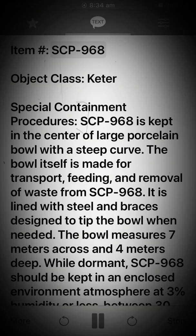Item: SCP-968. Object Class: Keter. Special Containment Procedures: